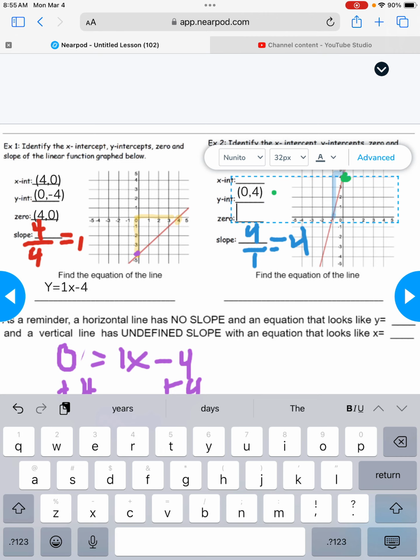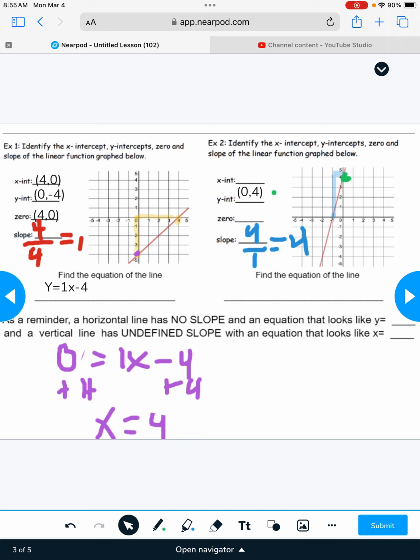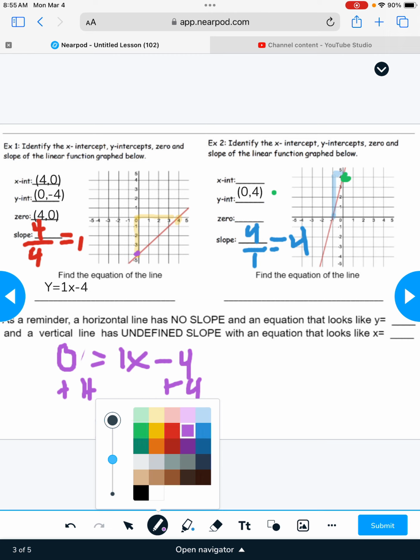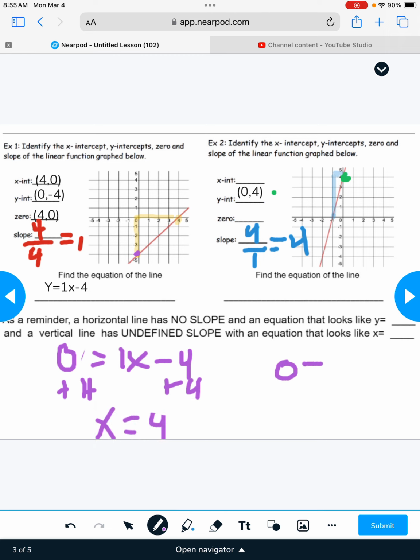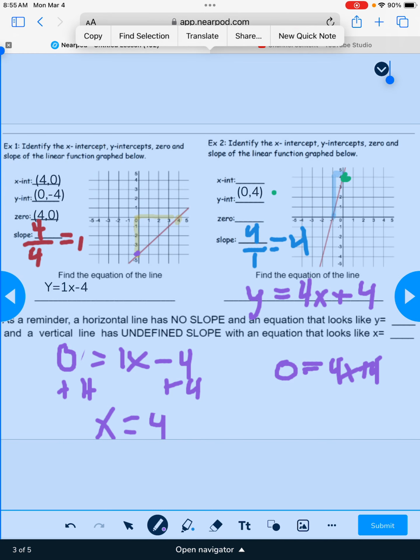I do the same thing when I start solving for the zeros from before, all right? I take my equation and I rewrite it with a 0 instead of a y. Hang on a second, I don't even have an equation. Yeah, that's going to be y equals slope x plus b, and in this case that's 4. So I get 0 equals 4x plus 4. When I subtract 4 on both sides,